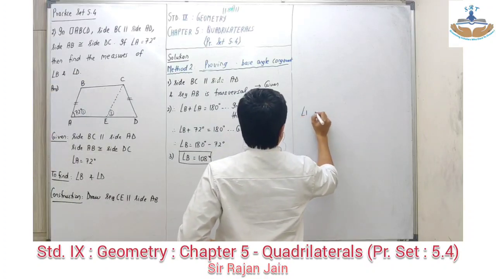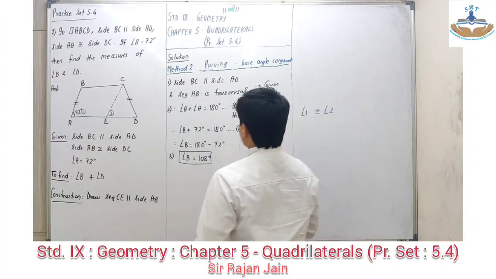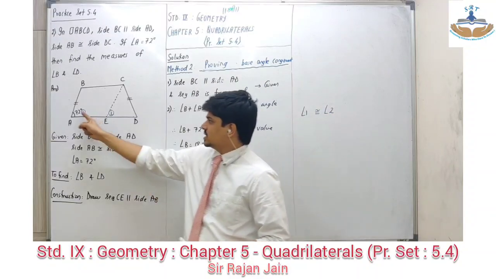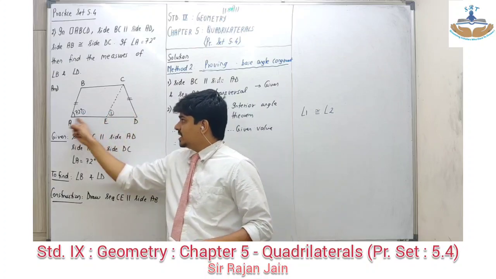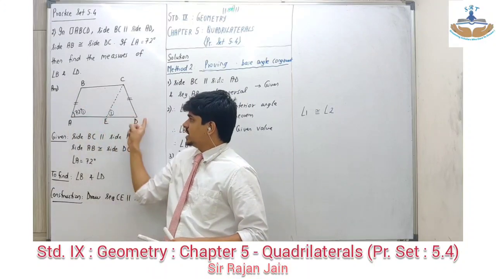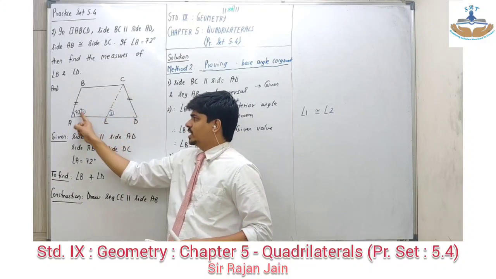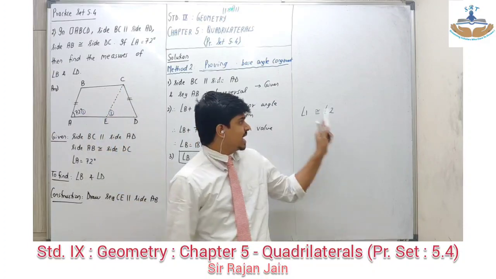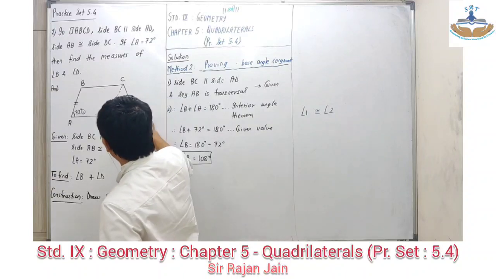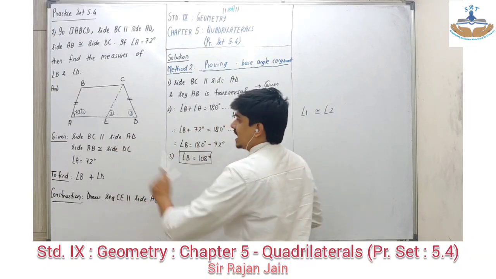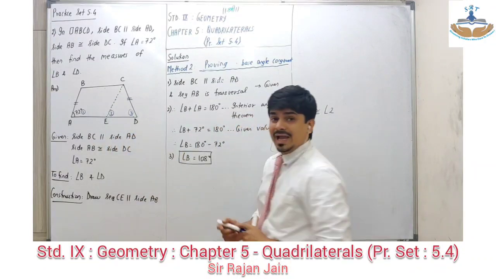Can I say angle 1 is congruent to angle 2? Why are they congruent? Because they form corresponding angles over here. For this parallel, there is a transversal over here. So there is an F-shaped figure getting formed over here. So 1 and 2 are corresponding angles, hence they are congruent. Okay, what do I have to prove? Let's call this angle number 3. My target is to prove angle 1 congruent to angle 3.